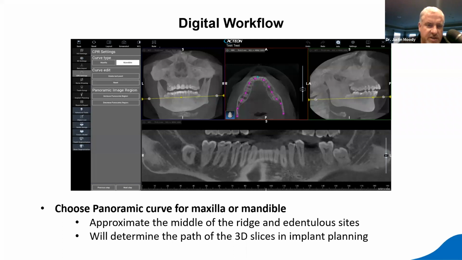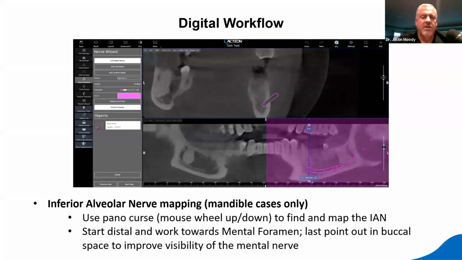Now, this pano is at a very thin slice difference, so we see a lot of variation. We can change the slice thickness of the pano to make it have the appearance of a more traditional panoramic image where you can see all the teeth and it's in a nice smiley face. The pano curve also will determine the path of those 3D slices within the implant planning software. So once we've created the mandibular pano,